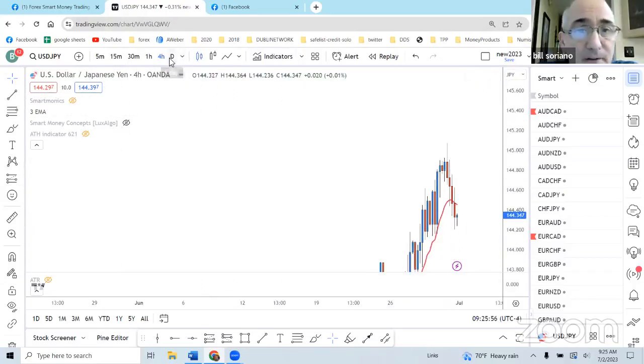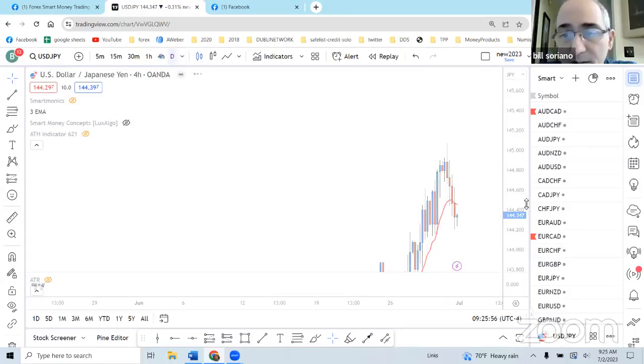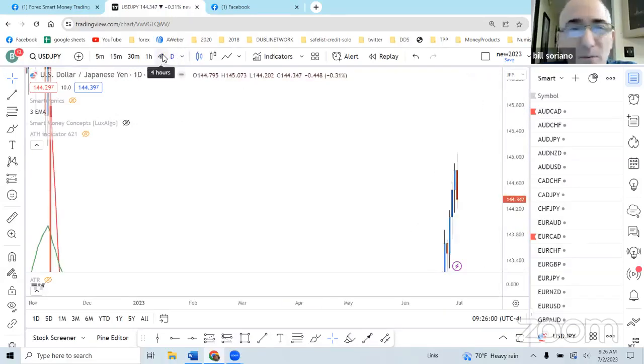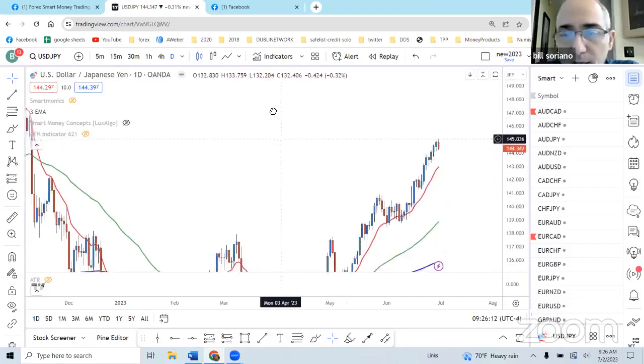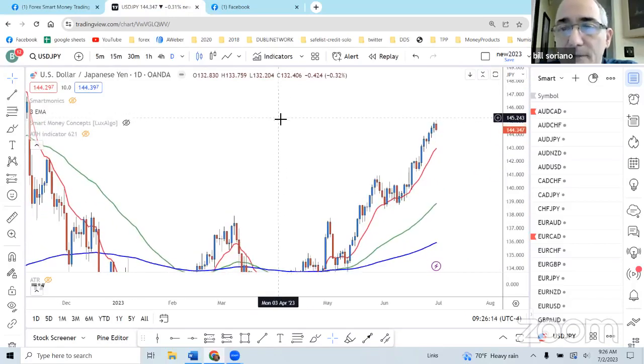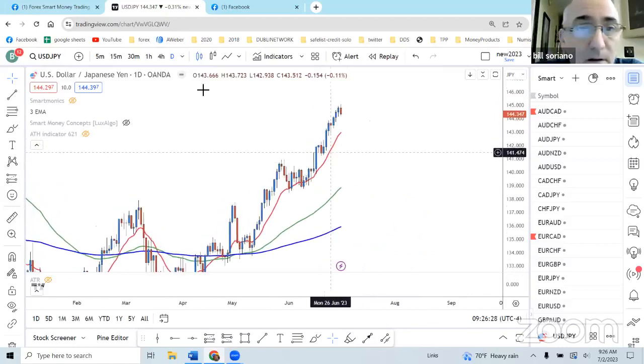So we're going to be on primarily the daily. Today, we're going to stay on the daily charts and the 4-hour charts. We may drop down to the 1 hour if we can't find a nice liquidity block on a 4-hour. But we're going to want to use the daily and the 4-hour to identify the higher time frame trend bias. And then we're going to want to use that trend bias in marking up our order blocks to decide if we see this as bullish or bearish for the week. So let's get started here with